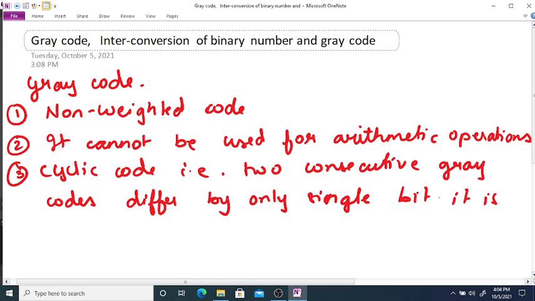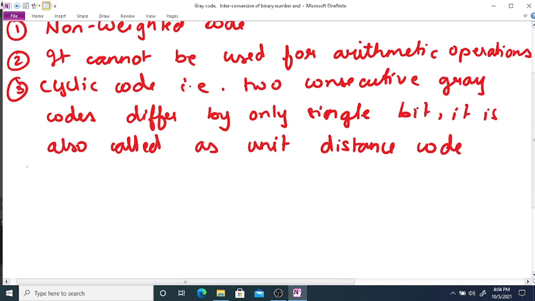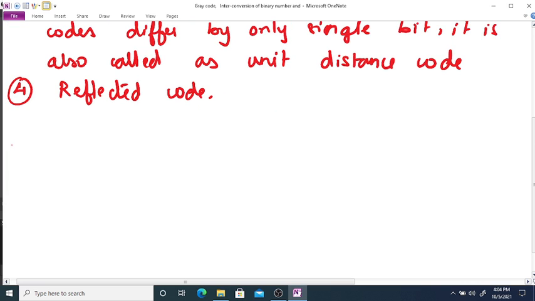It is also called as unit distance code. It is also called as reflected code. Now we will see binary to gray code conversion.